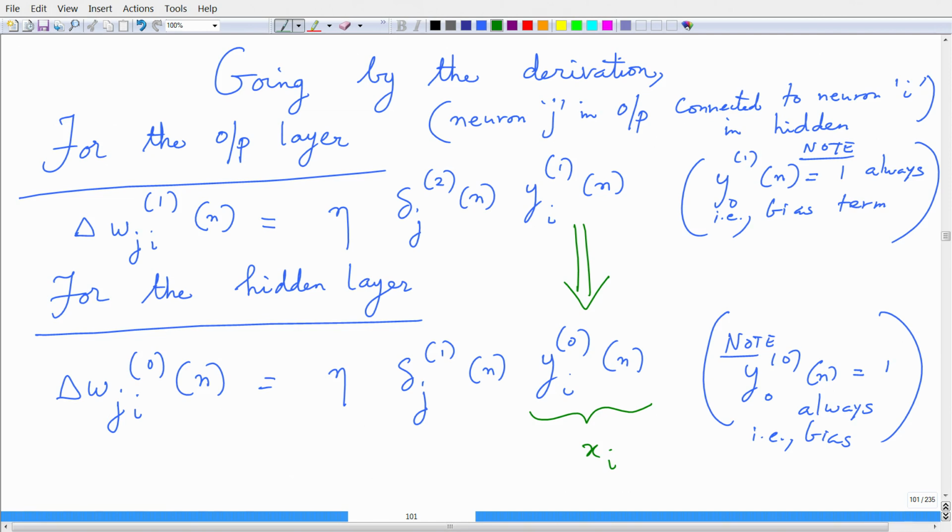One small detail that you will have to think about carefully, particularly when you are coding up the algorithm: the 0th coordinate y0 in the input layer and y0 in the hidden layer is always 1 because they are bias terms. So, do not let it float and complicate things. This is a DC bias, a fixed value of plus 1, but it will be scaled by the synaptic weight, which would be a variable in the equation.